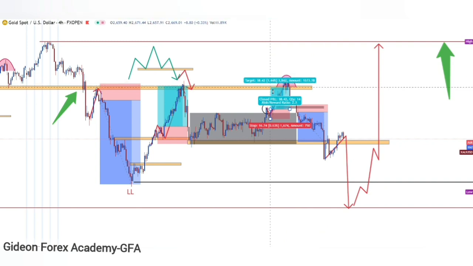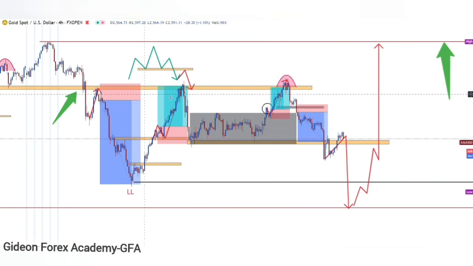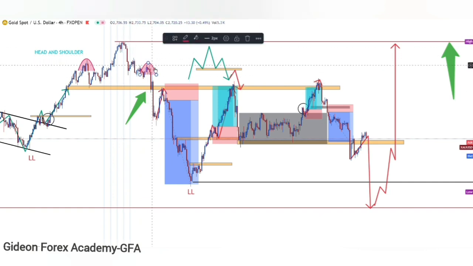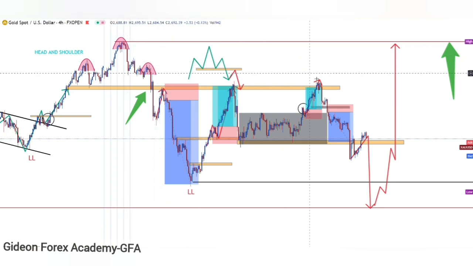Placed my stop loss just above there and below there, and targeted all the way up there. It was a very good trade. My target was a 1 to 2 just here, okay, the shoulder, the neckline of the previous head and shoulder pattern. All right,